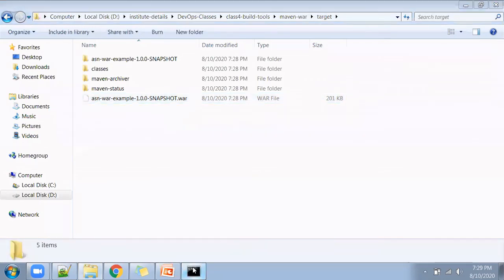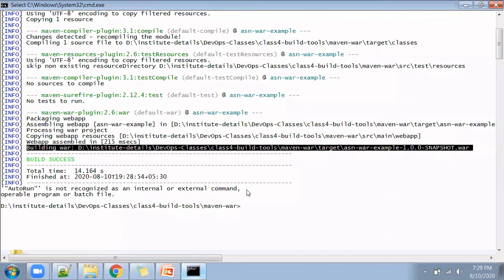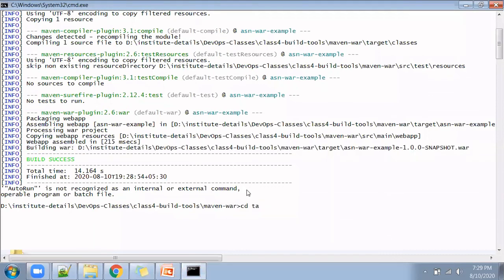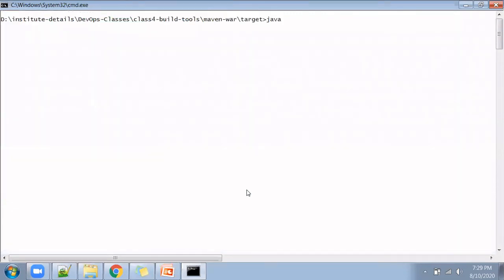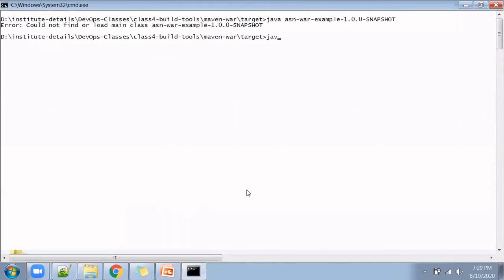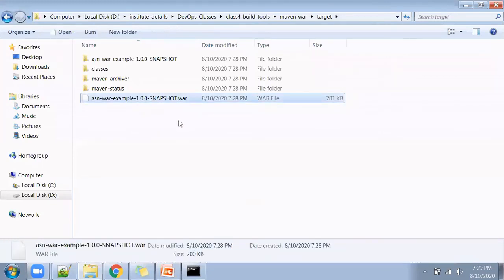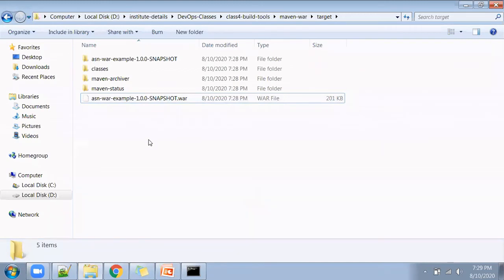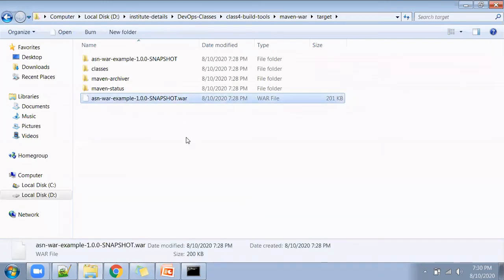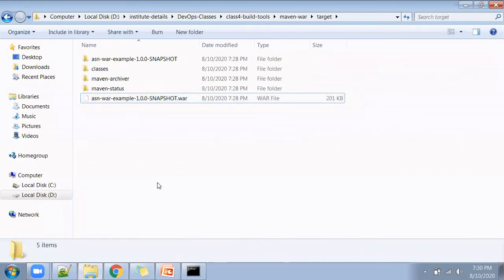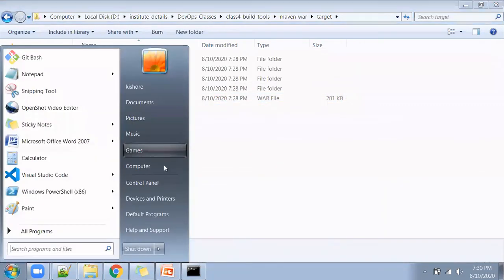You can even run this Java war file locally, but some command is required. This war file can be deployed to a deployment server. Let me show you how that looks once we deploy this artifact.